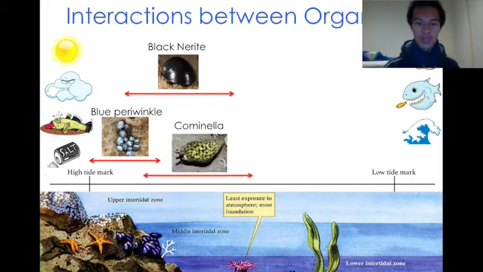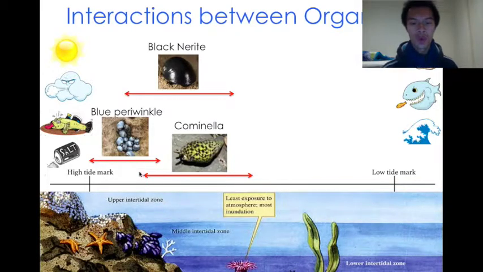Now, another species of sea snails that you might find along the seashore is actually the comonella. Now, the comonella is a carnivore. You can see there that he's got this kind of oval shape, and he will occupy a territory that is a little bit round about the mid-tide zone, pushing a little bit into the high tide mark. But he's a predator, so he'll come along and he'll hunt for other snails during the tides, and so he